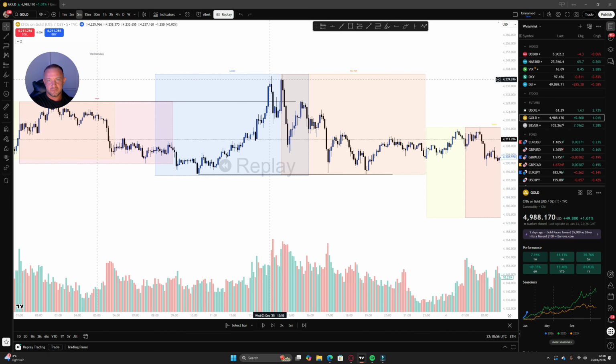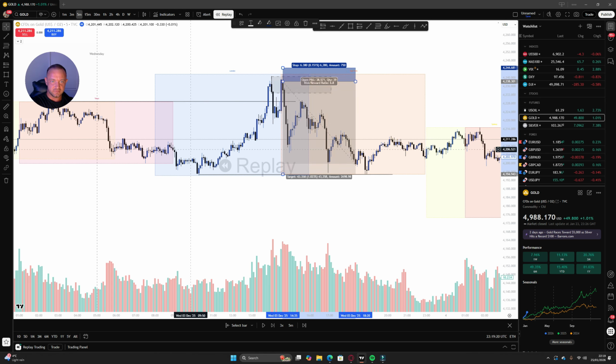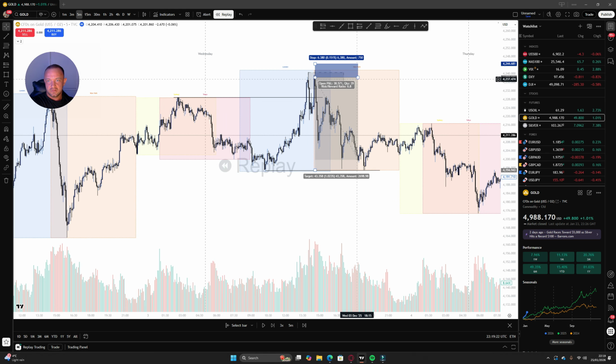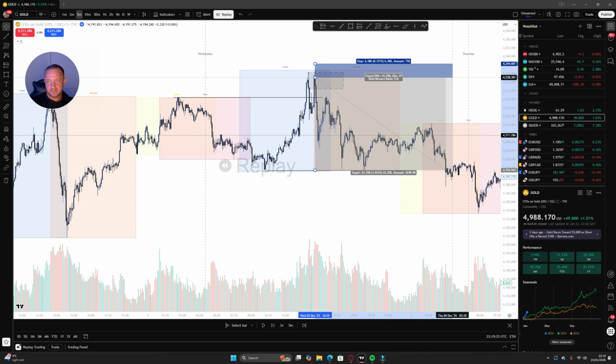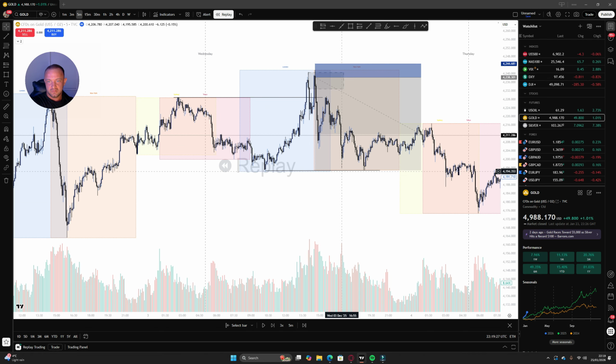So yeah, what you could have done after the sweep, it's had a push down. Mark out this area, that full candle, the one before the imbalance. Mark that full area out. But when it pushes back up into that area, just take a sell. Put your stop loss a few pips above, and target these lows. That's your target, and you got it eventually. You could have easily taken your profit at this area,